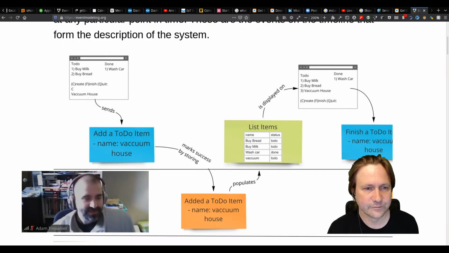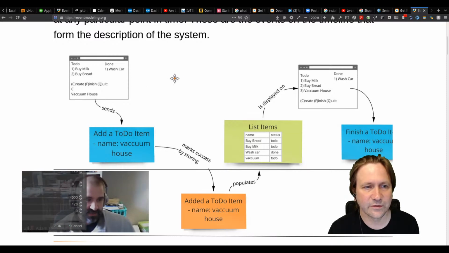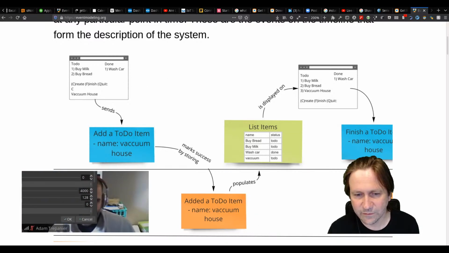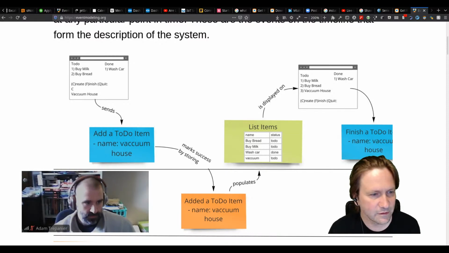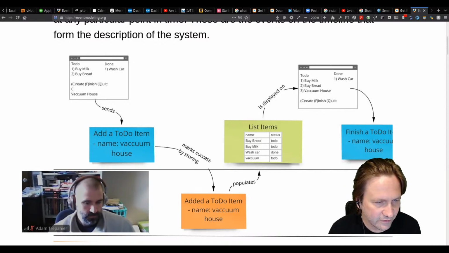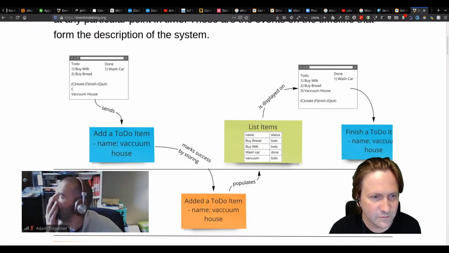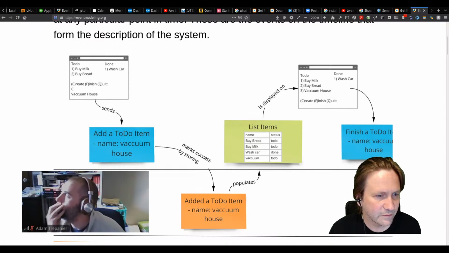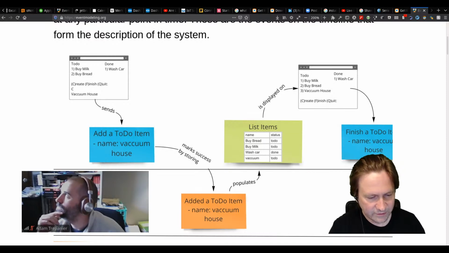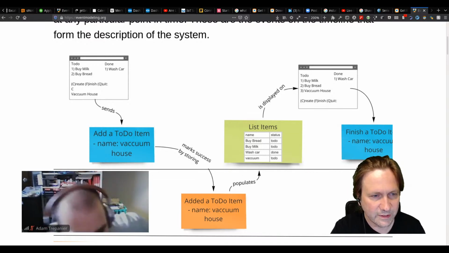Let me just see what I can do with this. Oh gosh, this is the wrong thing. Okay, sorry. I was trying to get the Miro board up, and I got the wrong thing here. So I'm going to see if I can delete this. Remove. Add another screen capture so I can show you what I'm talking about. I think we talked about it last time.